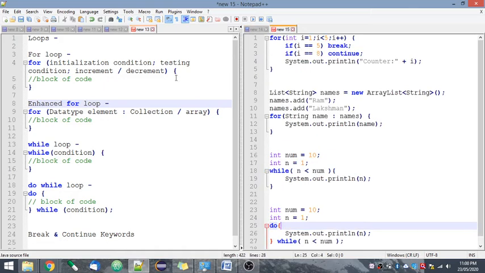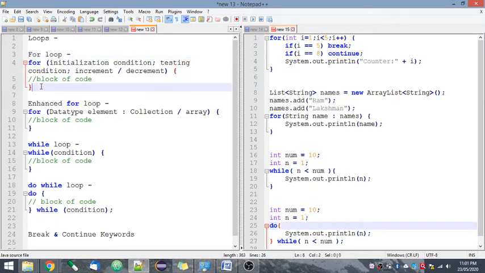So here are the common loops that we use. There are 4 loops, that is for loop, enhanced for loop, while loop, and do while loop. So what is a for loop? A for loop is used when we know exactly how many iterations we want on some particular code. Like we know that we want to execute this particular block of code this many times, then we can use a for loop, because in a for loop we have to provide the count as well.